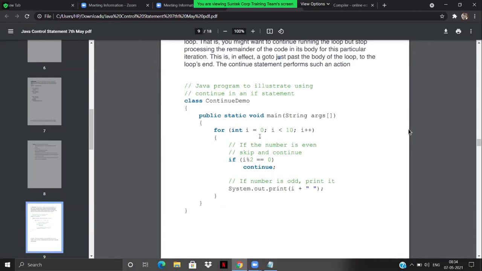The example is quite straightforward. We do have a for loop. For int i equals 0, i should be less than 10, i plus plus. If i modulo 2 is equal to 0, what exactly does this indicate? That if my number is an even number, I'm going to continue inside the loop. Good, good. And if it's an odd number, I'm going to print out this statement. Okay, I already started getting the answer. That's good, guys. How about others?